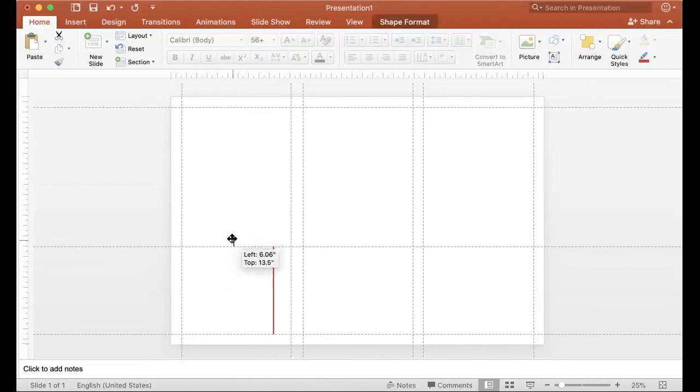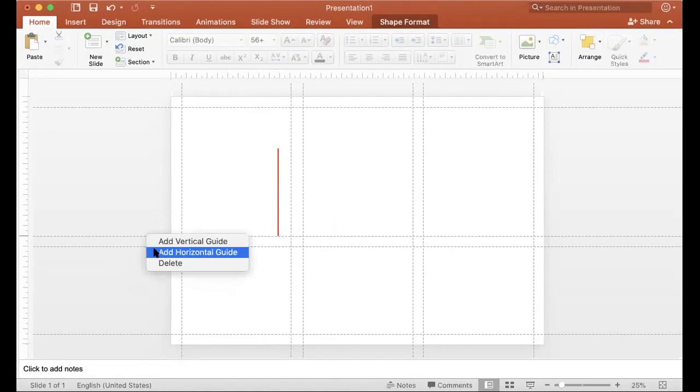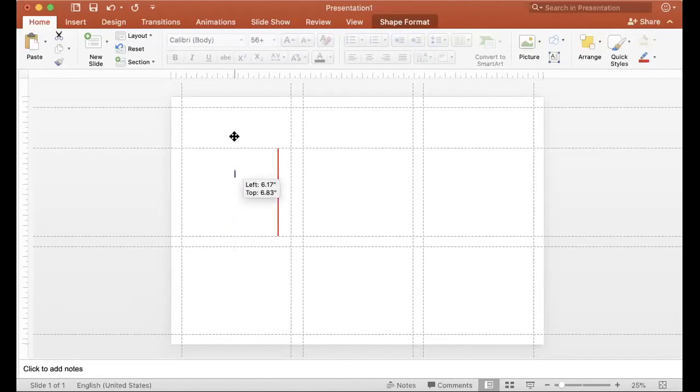You're going to do the exact same thing again with this 1 inch margin. You're going to add another guide, and now we have the margin between our 2 content columns. So we're going to do the exact same thing again, pull up our placeholder, create a new horizontal guide, and now we have our 2 content columns. The very last guide we're going to be making is this last margin. You're going to add 1 more guide, pull it up,